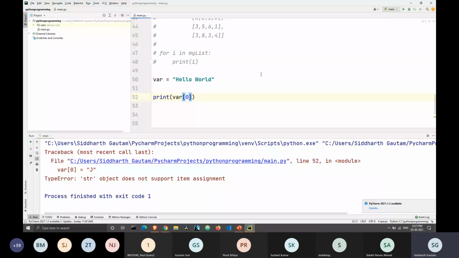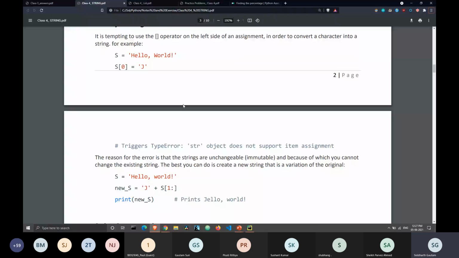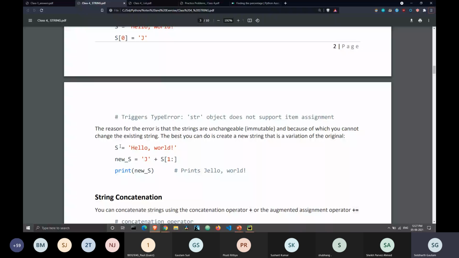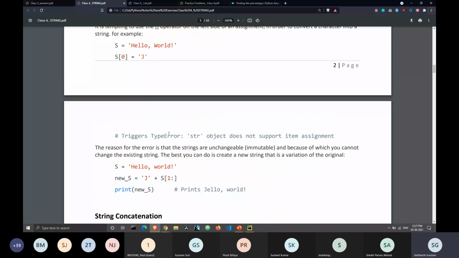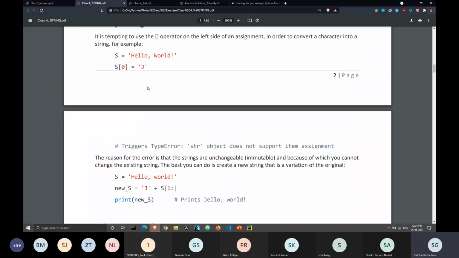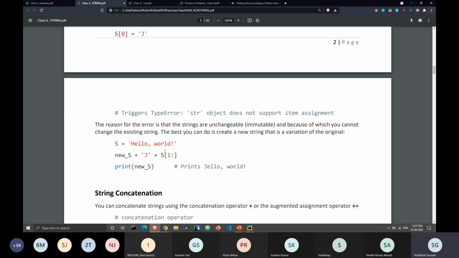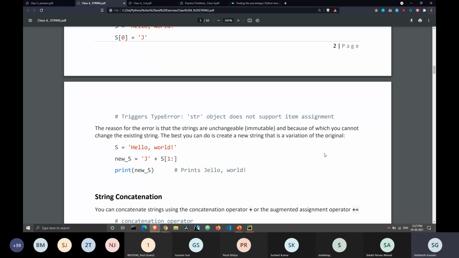Okay, got it. I didn't read the resource fully, which means I should have read it. What the difference here is that a string is a type of variable which cannot be edited. If you remember, there was a question of mutable and immutable, and a string is one of the variables which cannot be changed, which I had forgotten. It's even present here: this will throw an error.